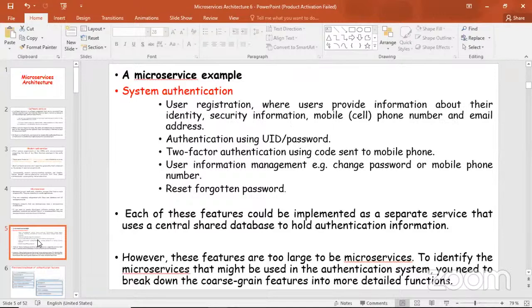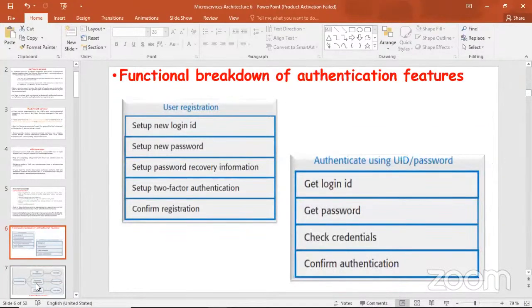Now, however, these features are too large to be microservices. To identify the microservices that might be used in the authentication system, you need to break down the coarse-grain feature into more detailed functions. Now, we have the user registration. You have set up new login ID, set up new password, set up password recovery information, set up two-factor authentication, confirm registration. Now,